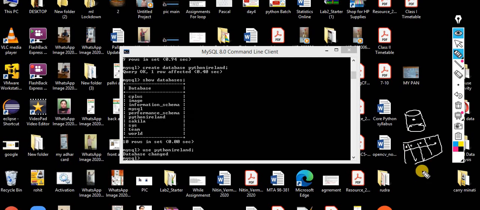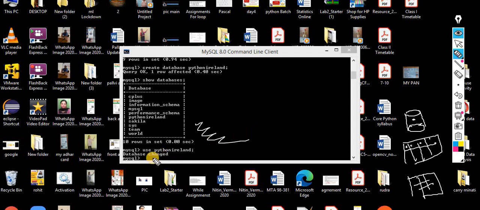Definitely, whenever you are performing this task, you should write everything down on paper. Then the picture would be easier for you guys. Write down what you want to do. You want to create a table, this would be the table name, and these are the various columns in that table. So I am making a table, and inside the table I am making columns. Everything I have to decide.